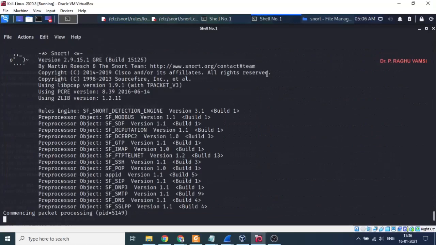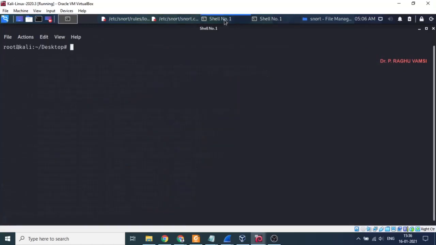Now snort is ready to sniff the packets on eth1. Now what we are supposed to do is use tcpreplay and run the traffic in the PCAP file, assuming that it is running from eth1 itself.